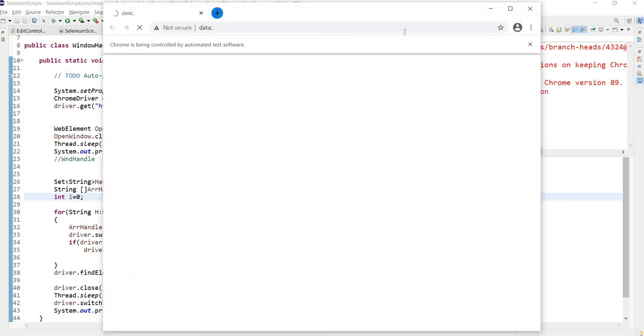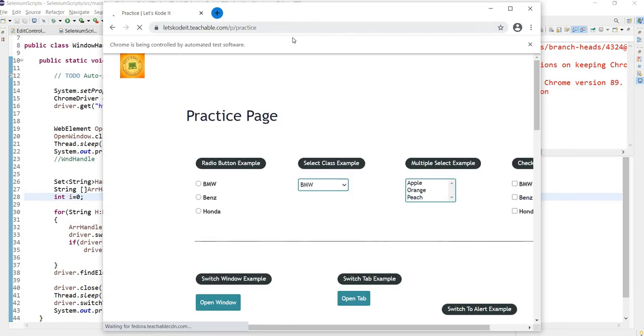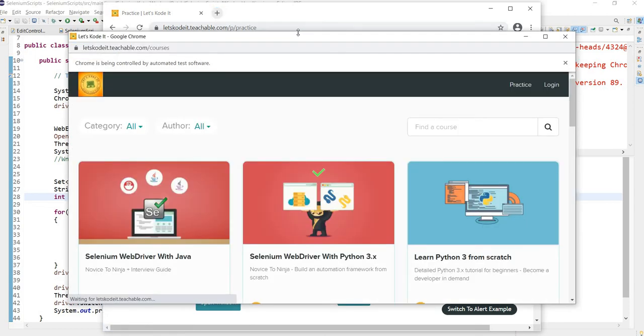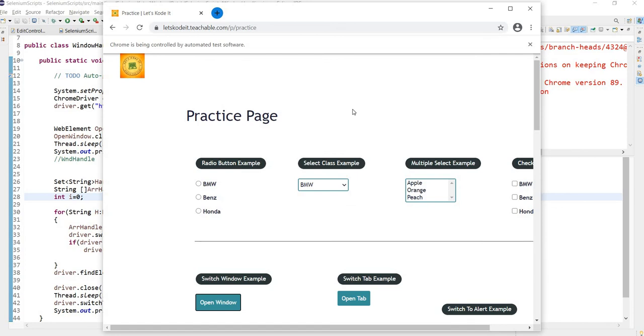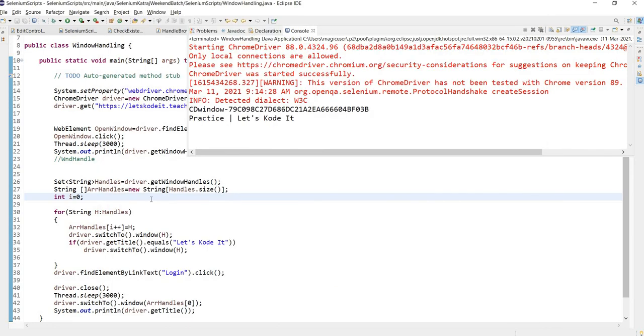As soon as this window opens up, the operating system sets a WND handle to it, which the driver takes, and the driver is now controlling this window. It has opened the URL and all. As soon as this got opened, we had handed over that WND handle to the driver. So the driver clicked on that login link. It did click on it, but we didn't see it because it happened very quickly.